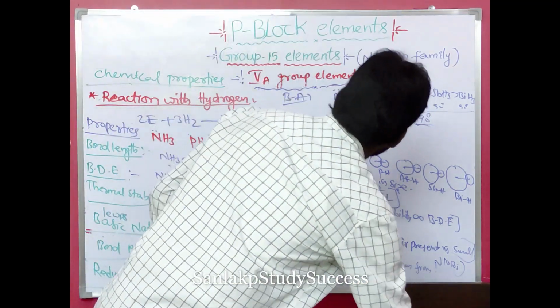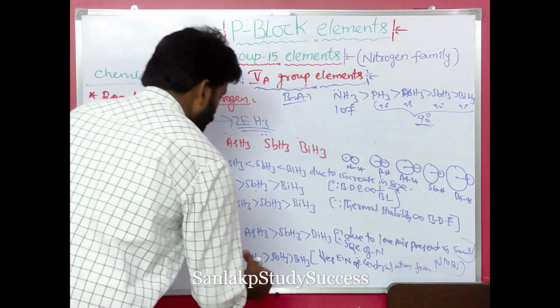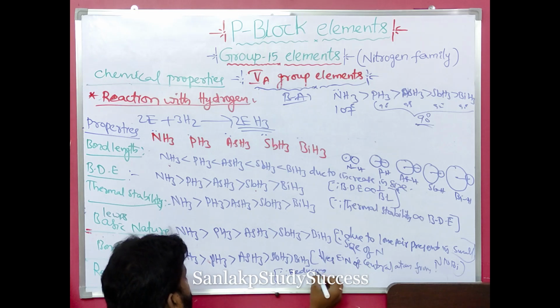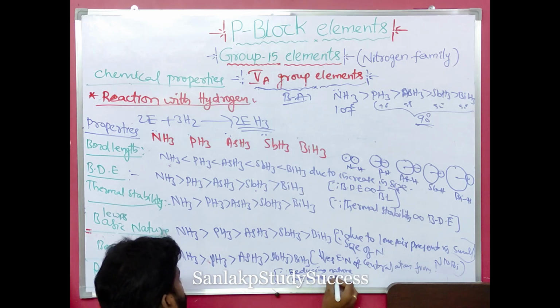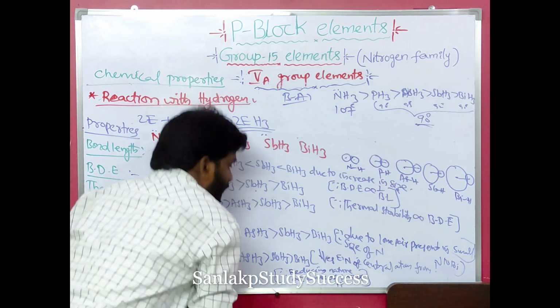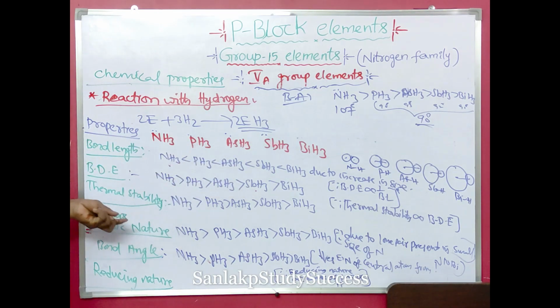And the last one is reducing nature. So reducing nature is directly proportional to ease of loss of hydrogen, ease of losing hydrogen. So we have N-H bond, P-H bond here. The hydrogen in this bond